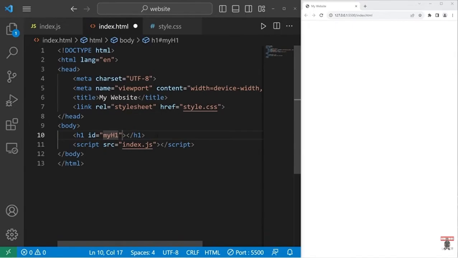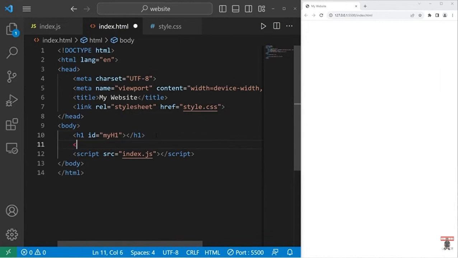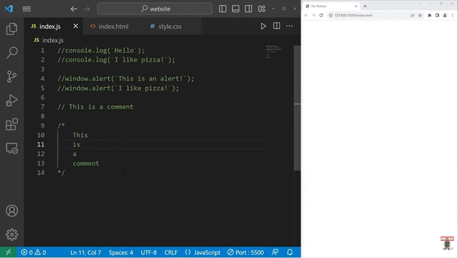I will also create a paragraph element. I will set the ID to equal my P, meaning my paragraph. So remember, there is no text content currently. Using JavaScript, we will add some text content. First, we need to select these elements by their ID, my H1 and my P. Let's do that here. We will type document, meaning the document of our web page,